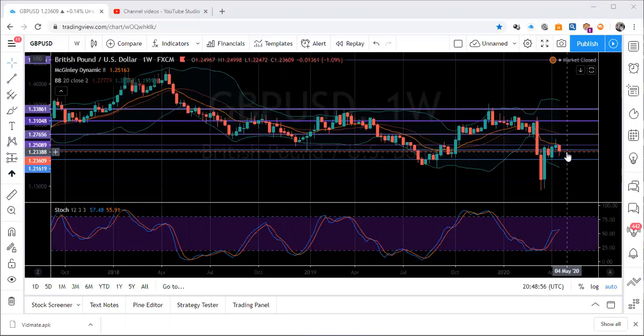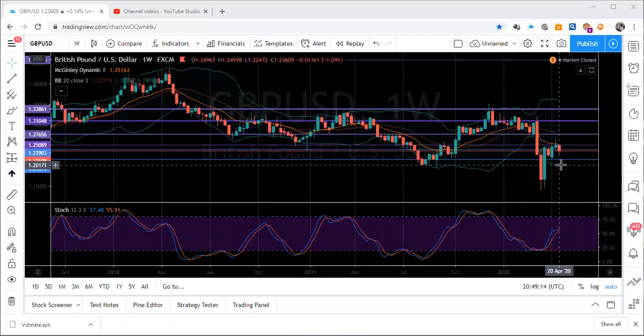And from what we have here on the weekly, we could anticipate price still trying to retest the lows at 1.2360. Price has closed at